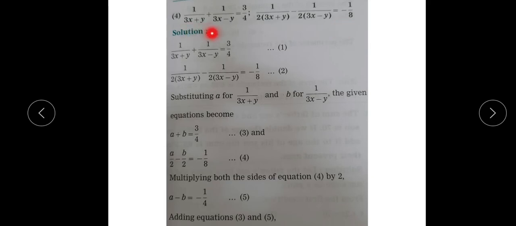Again, observe these two equations. You can clearly see that 1 upon 3x plus y and 1 upon 3x minus y are the same in both equations,